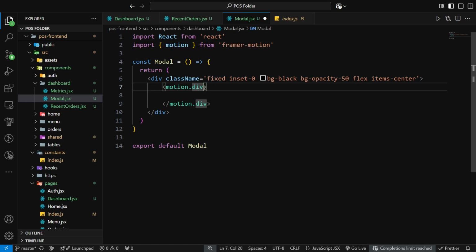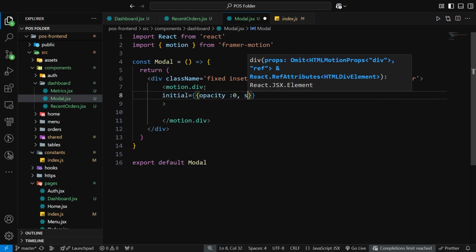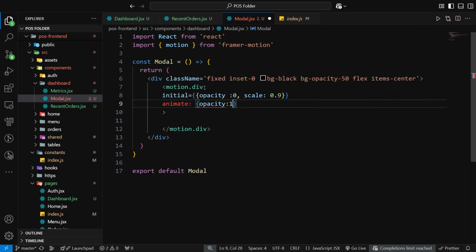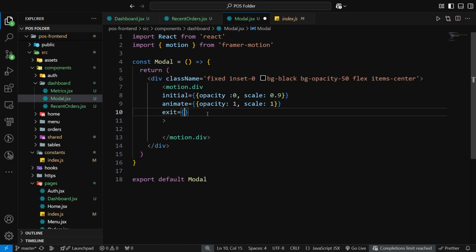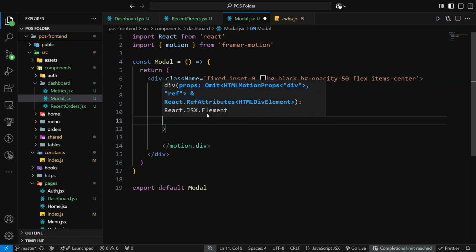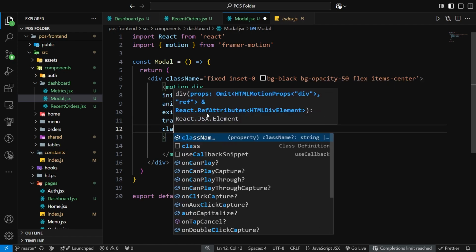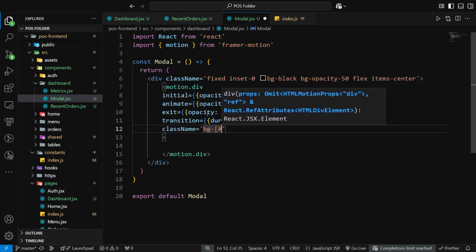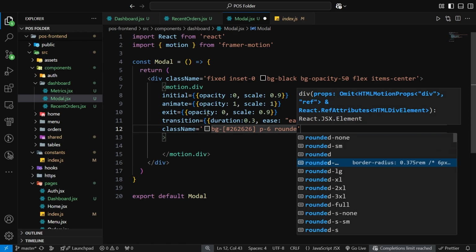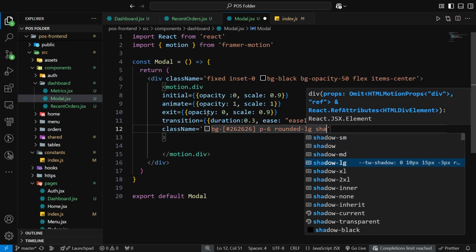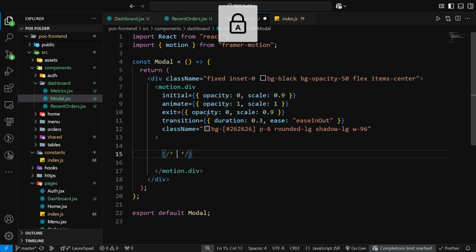Okay, so just write here initial. Now here first of all write modal header,